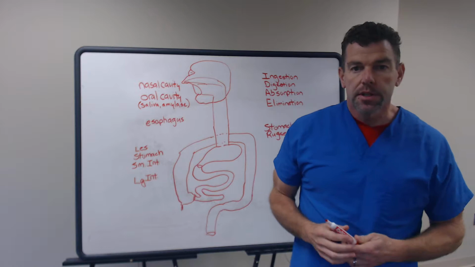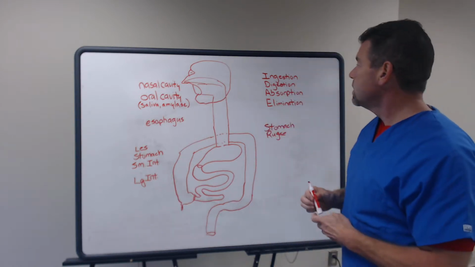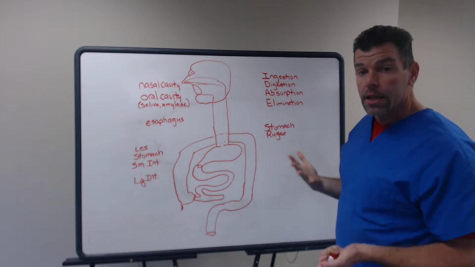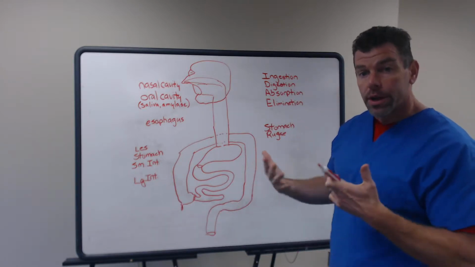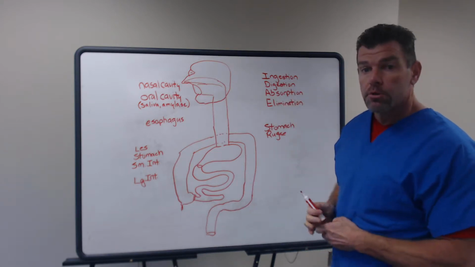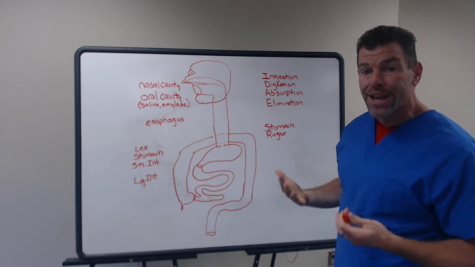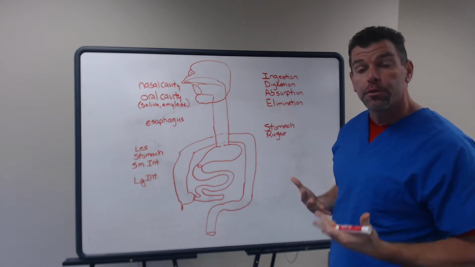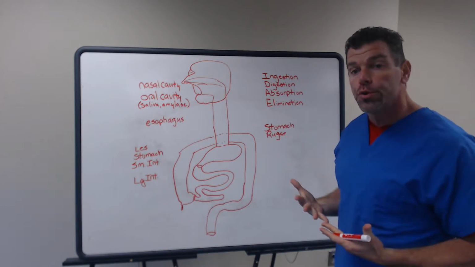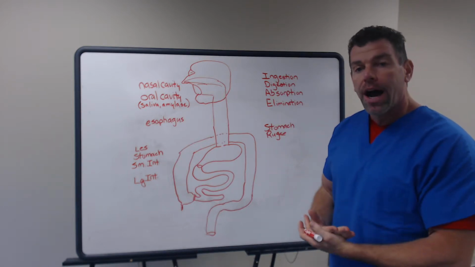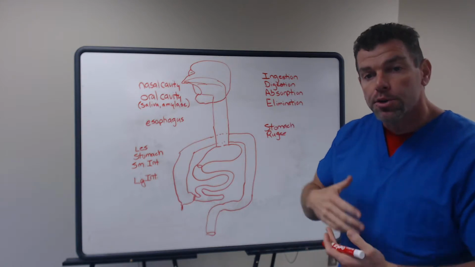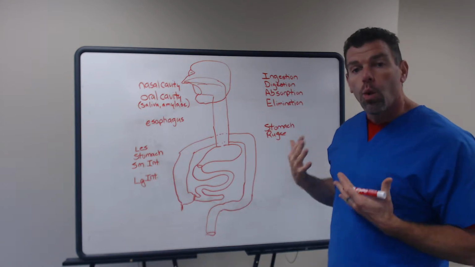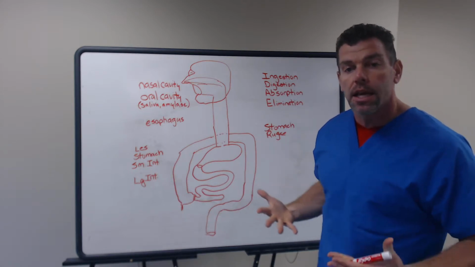This is the digestive system, and the digestive system is going to be responsible for ingestion of food and liquids. We take it in, or ingest it. It's going to be responsible for digestion, the breaking down of this food that we take in, and absorbing it after the food is broken down. We absorb the nutrients, the protein, carbohydrates, fats, vitamins, minerals, and water that these foodstuffs give us. And then finally, what can't be used by the body is eliminated.